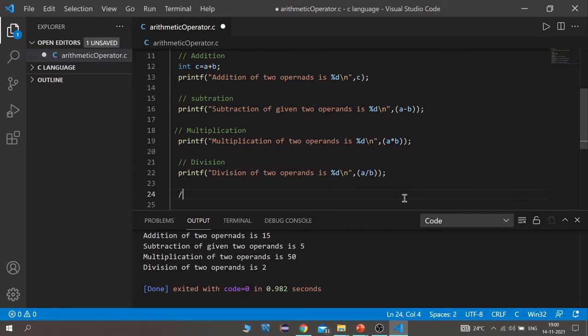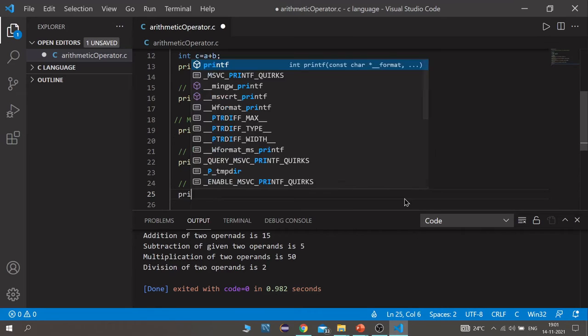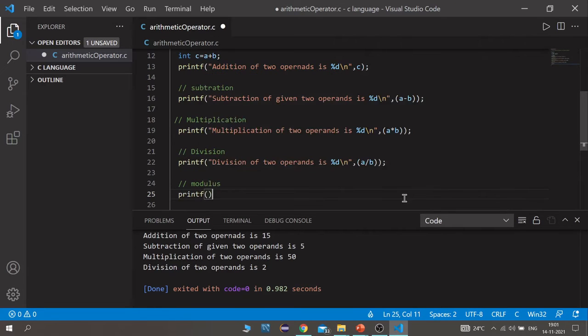Now let's see modulus. Write printf modulus of two operands is percentage d comma a percentage b.